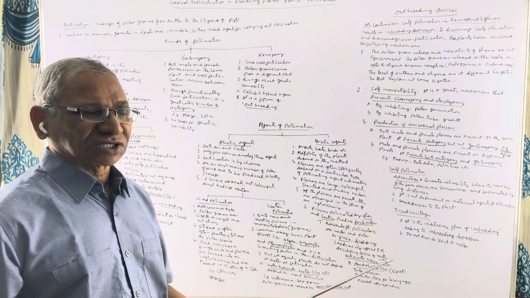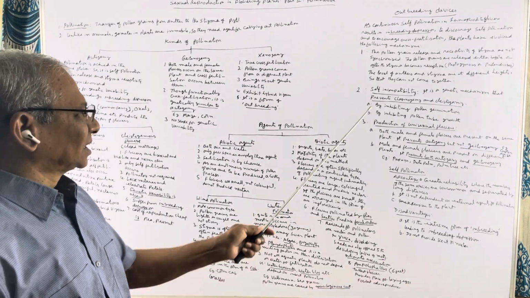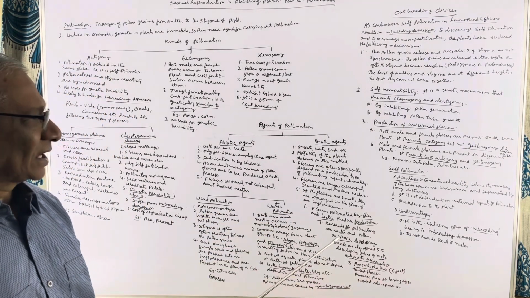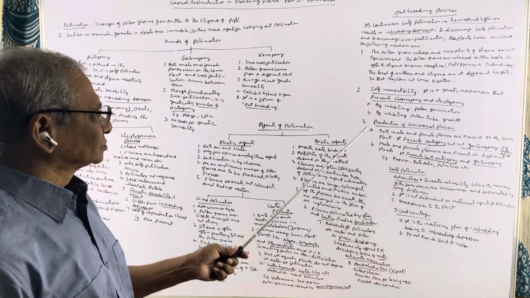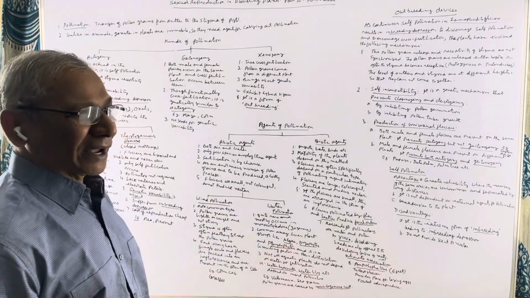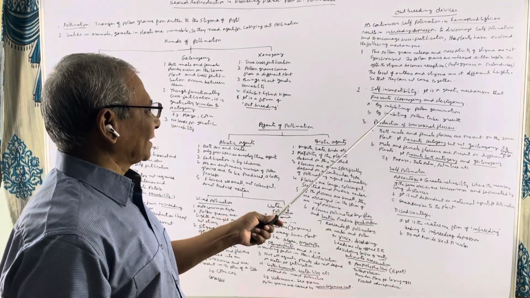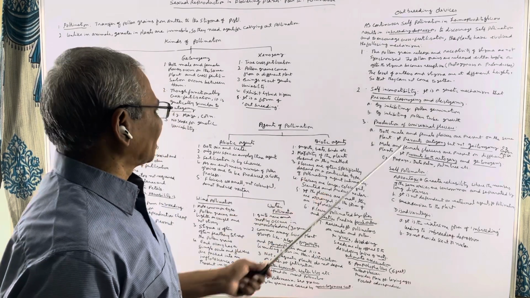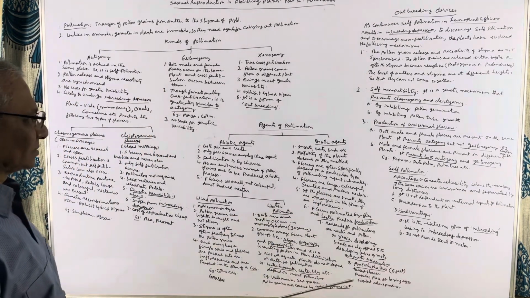Self-incompatibility. If the pollen grains of a flower fall on the stigma of the same flower, what happens? It inhibits the germination of the pollen grain and the growth of the pollen tube. This is known as self-incompatibility. And this self-incompatibility prevents chasmogamy and cleistogamy. These two processes are prevented.